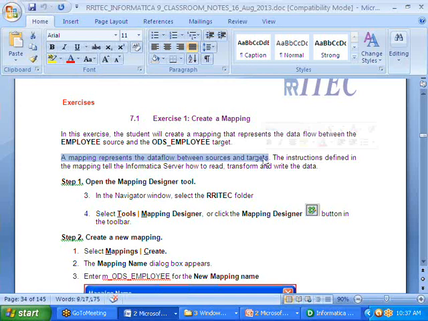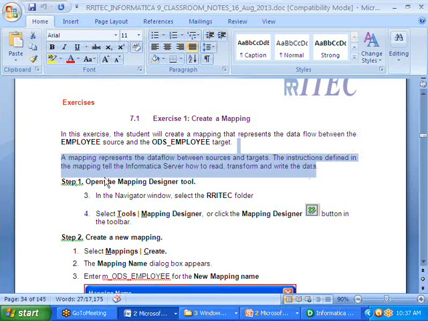The instructions defined in the mapping tell the Informatica server how to read the data, how to transform the data, how to load the data, nothing but write the data. So this mapping is responsible for how to read the data from the source, how to transform that, how to load the data into the target. These are all 3 activities we are going to do in the mapping.